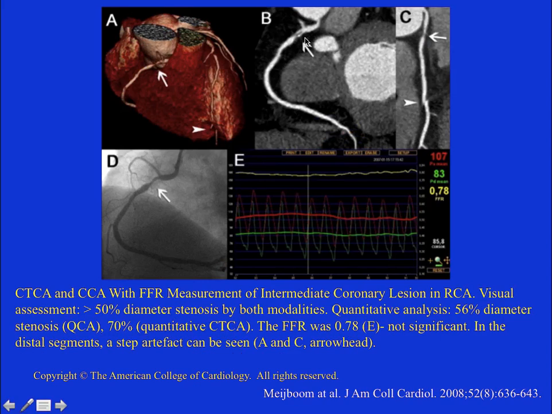There is a stenosis in the right coronary artery here, both in the CT angio and the conventional angio. These are the artifacts. And actually the stenosis was found to be more than 50%, which indicates that further evaluation is required. 50% to 70% diameter stenosis can be considered intermediate category. However, when the fractional flow reserve was calculated, it was found to be 0.78, which is not considered clinically